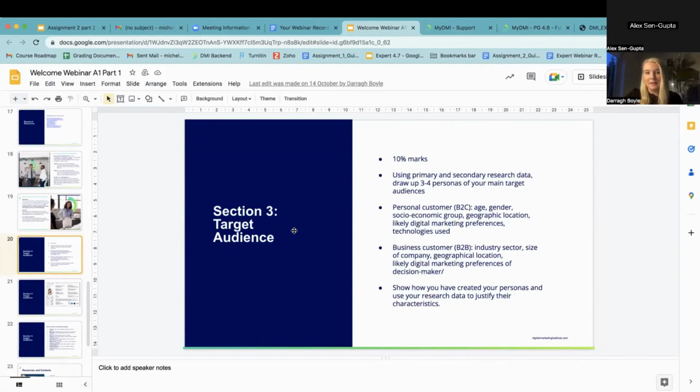So bear that in mind, that the audiences you're focusing in on now, you're going to want to focus in on them in your strategy as well, because you're going to know what they want, what they need, what to buy, what messaging they want, what are their motivations and behaviours, and you're going to take that into assignment 2 and create a strategy to meet them. So that's why you're doing this.